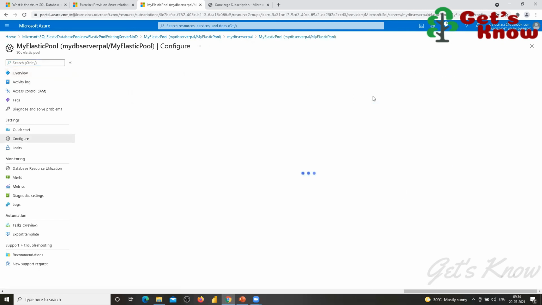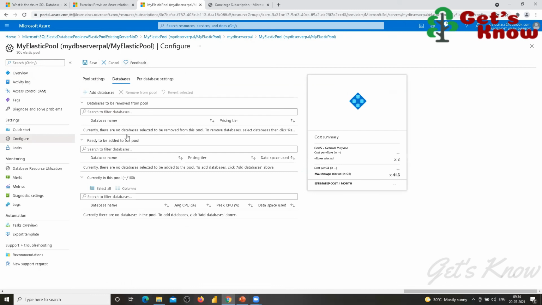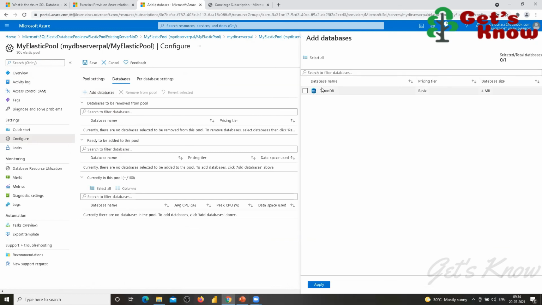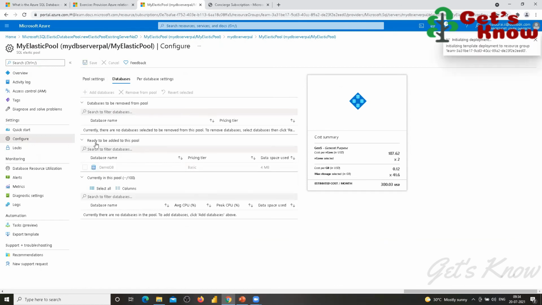See, zero databases here. Click add database. I have only one database, so it shows only one. I select it and click OK. Currently in this pool there is nothing. Now we have added it, and then you have to save it.